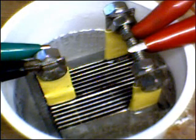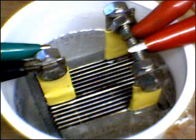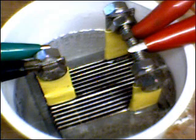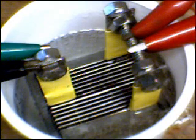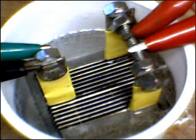First thing I want to say is that the black windshield urethane adhesive that I used to assemble this cell has dielectric properties that are off the map. When I attempted to measure what the actual capacitance was of this total cell for my upcoming experiments with pulse width modulation and trying to create a resonant tank circuit out of these plates, or having these plates part of the resonant tank circuit, you need to be able to calculate what the capacitance value is of the plates submerged in your water. Well, the actual value that I showed versus what I predicted was